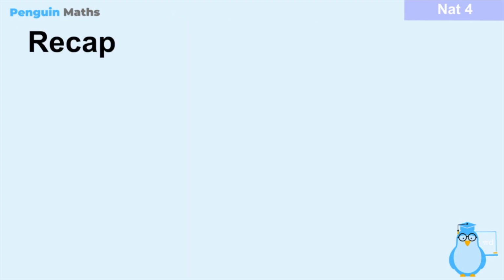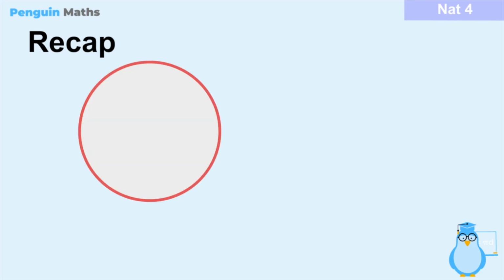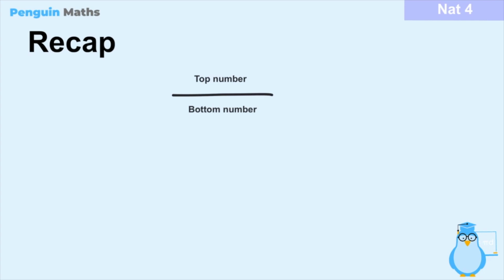So let's recap this quick lesson we had on fractions. So we said that a fraction can be used to represent a segment or a part of a whole object, such as having a slice of a whole pizza. And the way that we represent fractions in maths is by having some top number over a bottom number, or it's like saying the top number divided by the bottom number. And the bottom number represents how many parts of something that we have, and the top number represents the portion